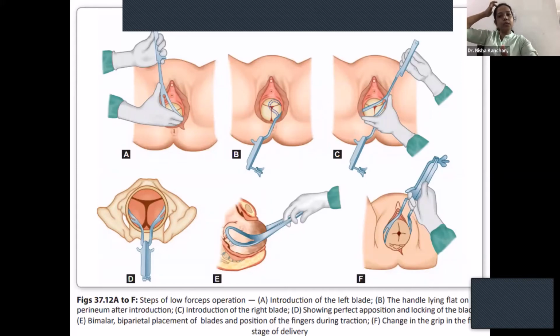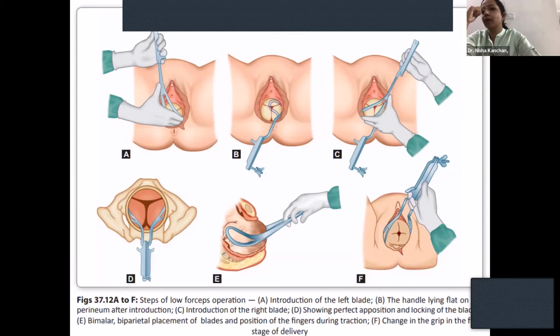During this, continuous perineal support is there, because forceps carries a very high risk of perineal tears, anal injury and rectal injury. So another person should be supporting the perineum. And episiotomy: in a primigravida, if there is no space in the pelvis, you can give an episiotomy initially, like in figure A, and you can already see the episiotomy is given. But if there is enough space in a multigravida, you wait till the E picture where there is bulging and the perineum is really thinned out. At that time, you can give an episiotomy and pull out the head.